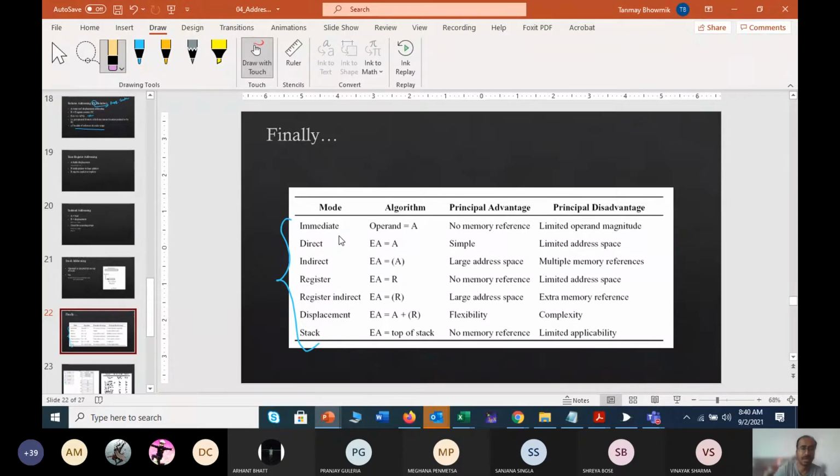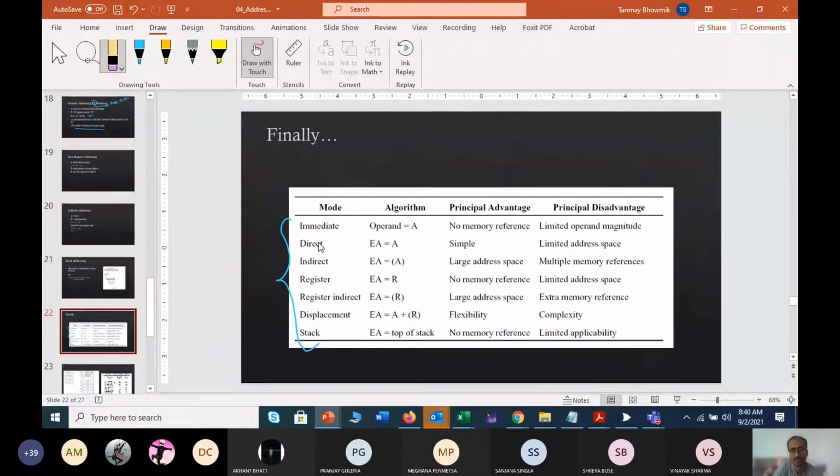What I was saying that day is that whenever you are in immediate mode, your operand, that means the argument, lies in the instruction itself. So it is just like add A, where A itself is your operand. And direct is again A. You may get confused later, since both times it targets the same thing, but one is immediate and one is direct.